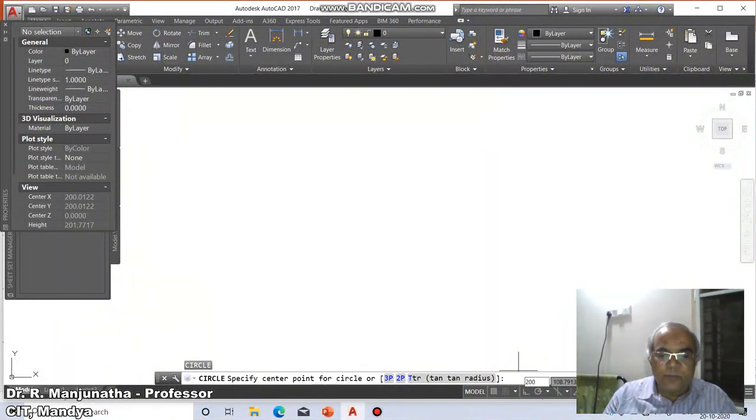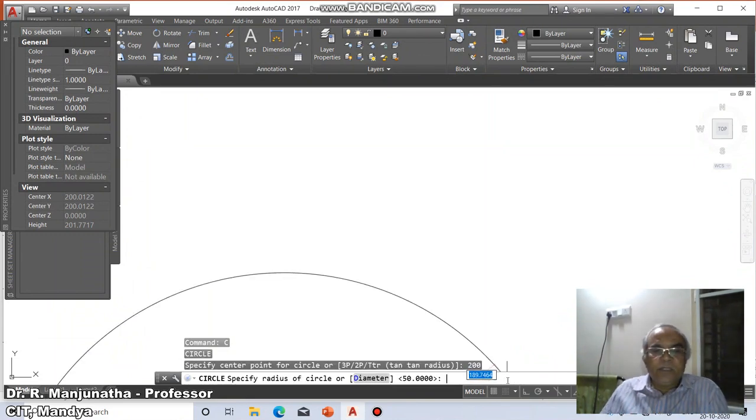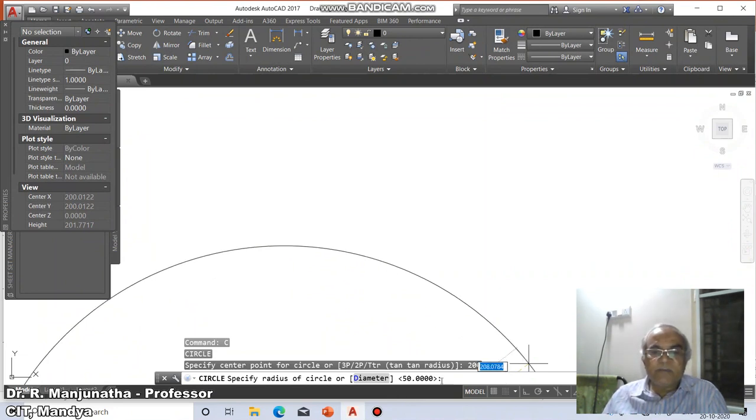So we will type 200,200, enter. Then "Specify radius of circle or diameter." Since the radius of the circle is the default and he has given the radius as 50, whatever value I enter here will be considered as the radius of the circle.